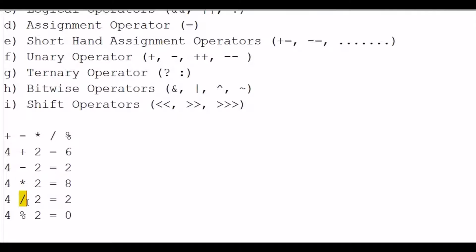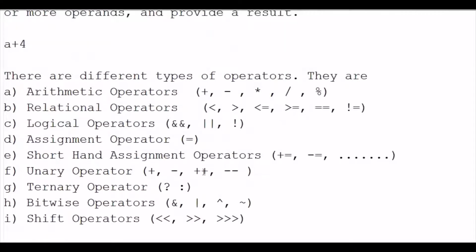Then as I already said, slash gives the quotient and modulus gives the remainder when we divide a number with the other. Here when we divide 4 with 2, the quotient we get is 2. And when we divide 4 with 2, the remainder we get is 0. So both work with division. Slash gives the quotient whereas modulus gives the remainder. These are the arithmetic operators available in Java.